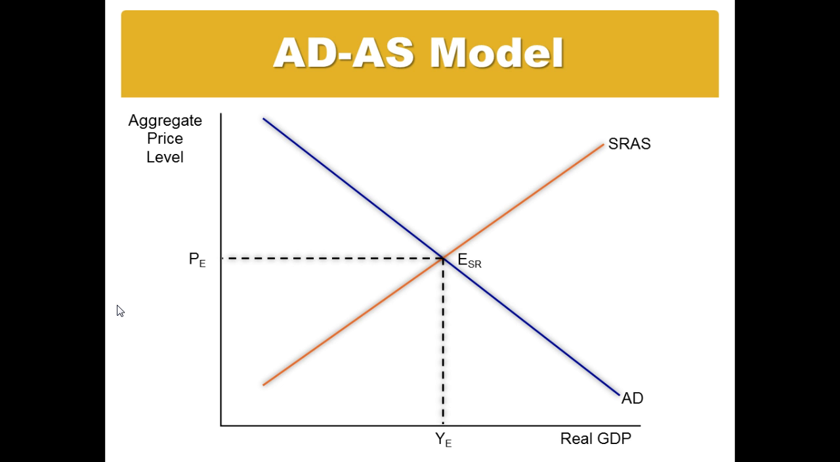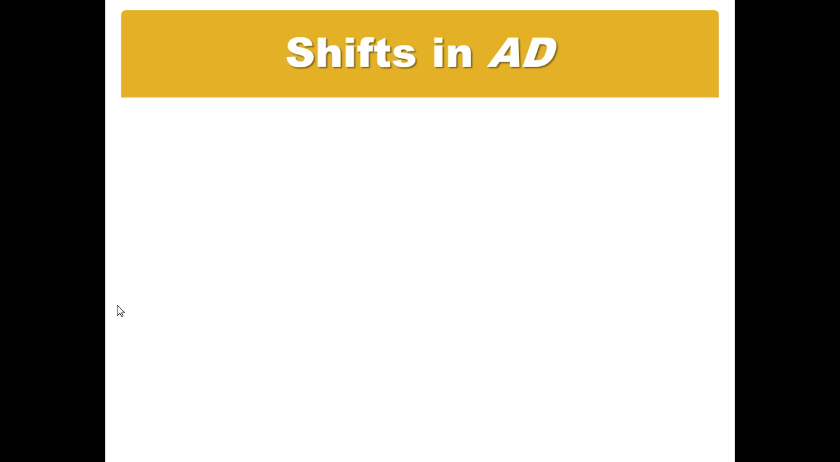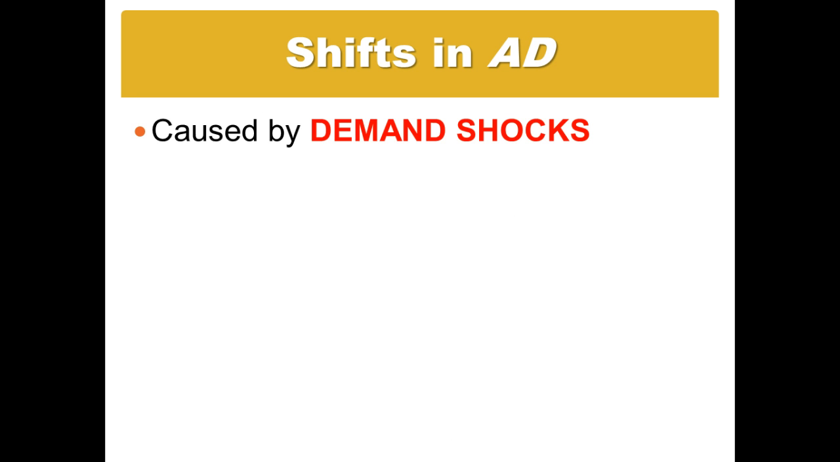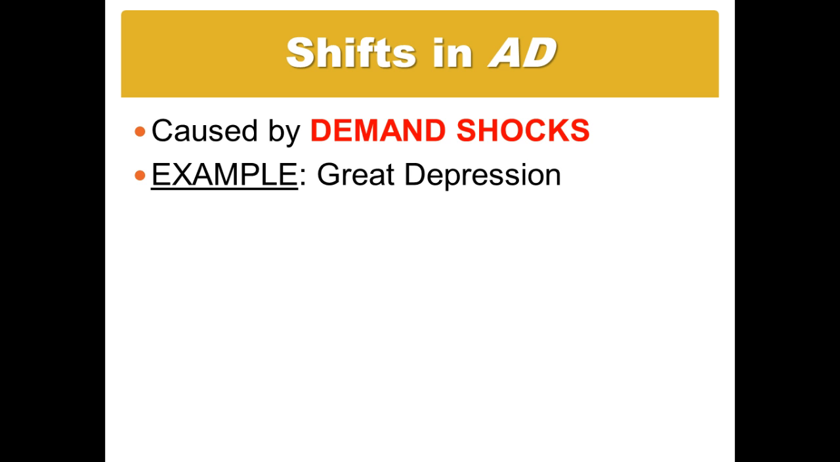The things that are going to cause these to change are what we call shocks, either demand shocks if it causes aggregate demand to shift, or supply shocks if it's short-run aggregate supply that's making the change. So let's look at shifts in aggregate demand real quick. One thing that could cause it is a